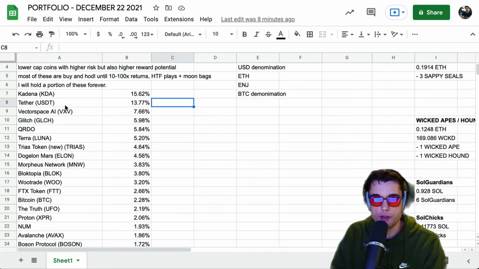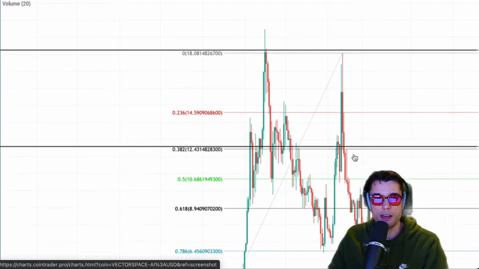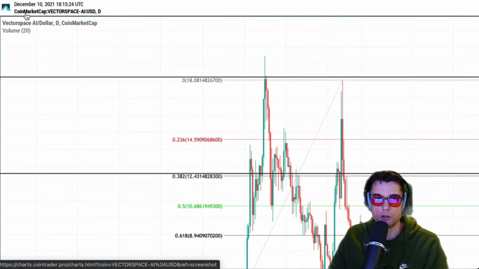And next up we have Tether. Obviously there's nothing you can really do with Tether except deploy it. After that we have Vectorspace AI. For Vectorspace I created this chart December 10th, 2021. I wonder if it was on KuCoin at this time. I'm not really sure, but I do know that I'm using CoinMarketCap,